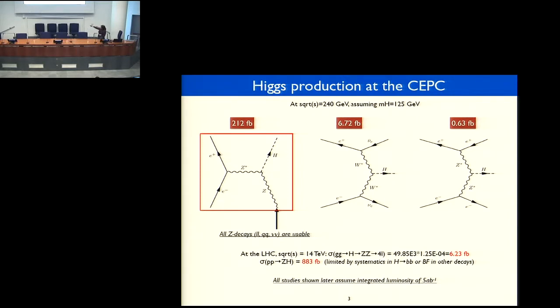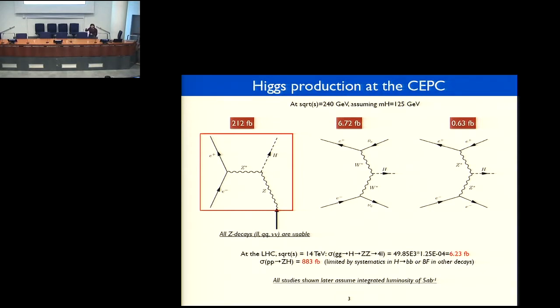I wanted to highlight that when we look at these channels, it's no longer just looking at Z decaying into two muons and tagging, as I have learned, in fact,